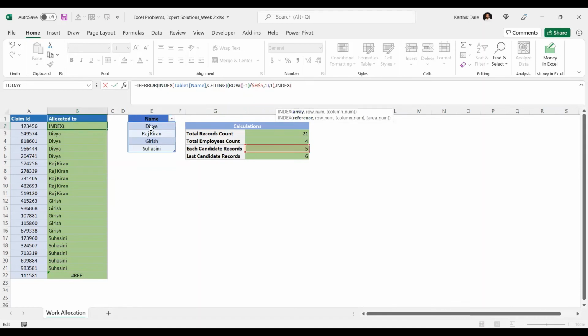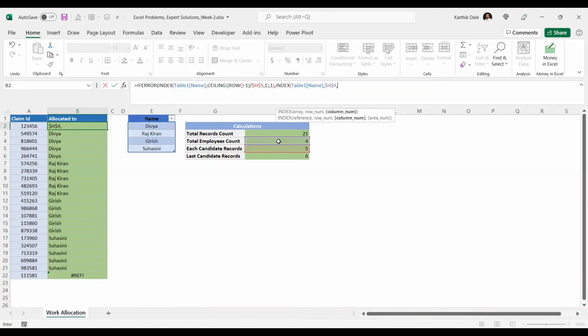Array will refer to this entire range, comma, and here we can write a formula like COUNTA of these employees. Otherwise, instead of writing COUNTA, we already have the total employee count. You can refer to this and press F4. This is also fine.